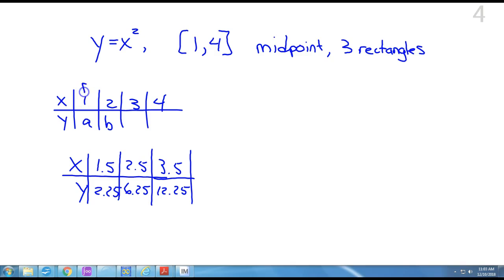So when you go to do this, what's the base of this rectangle? It's still 1, but what height are you going to use? Is this 2.25? The base of this rectangle is 1, and then you multiply by the 6.25. And then the base of this rectangle is 1. So you're not using the value at one of the endpoints, you're using the value in the middle. So your chart gets goofy. Or think about it like this. That's 1, 2, 3, 4. So this base is still 1, and then that's your height. You know what I mean? Does that help? Okay. Alright, let me get you your worksheet and